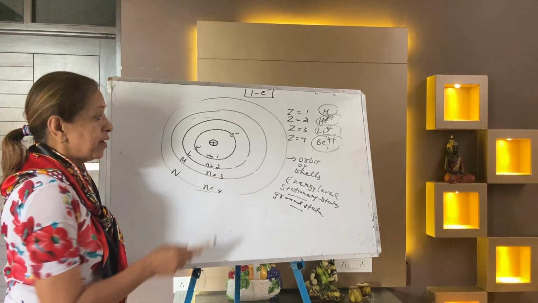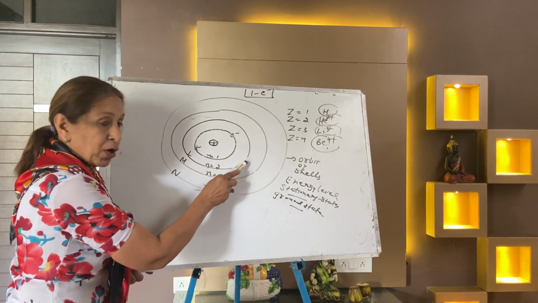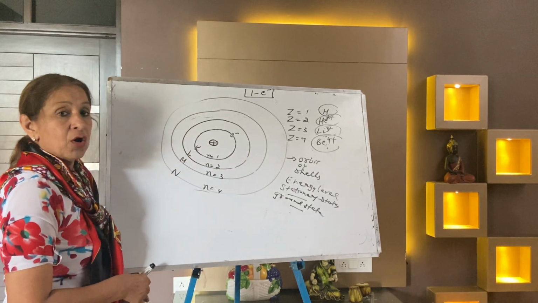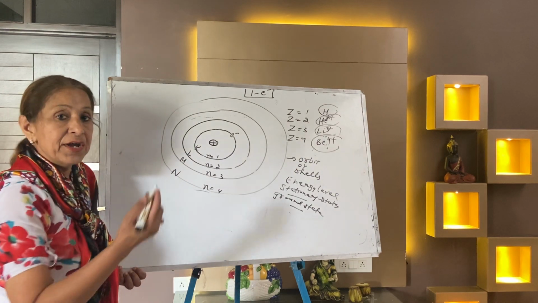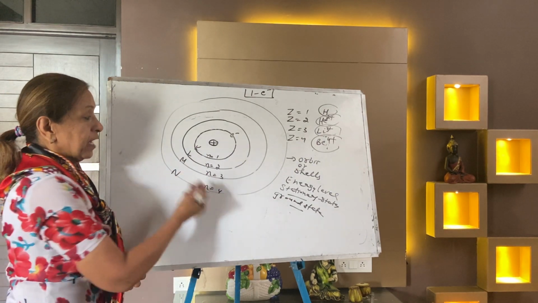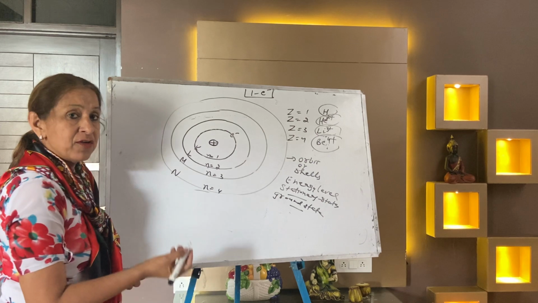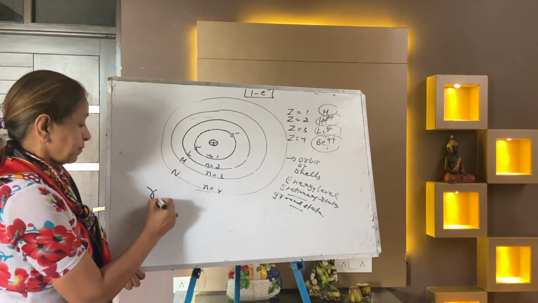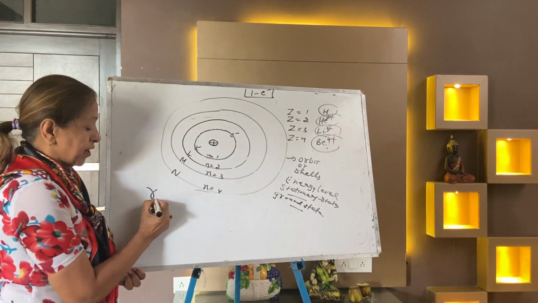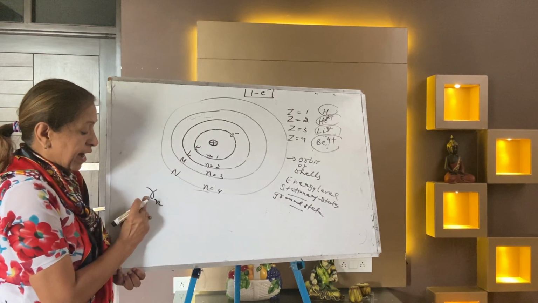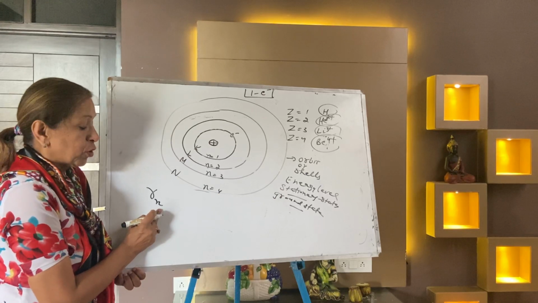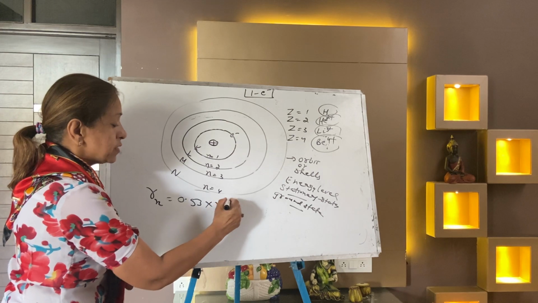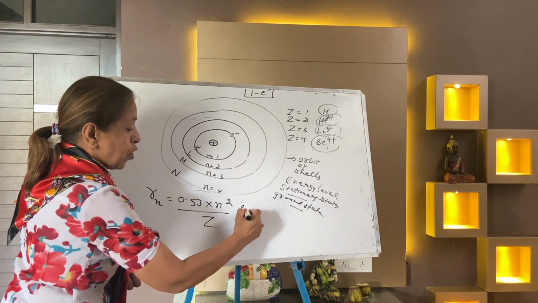And also remember, energy and angular momentum are fixed. Now you can calculate the velocity of the electron as well as the radius of the electron in any of the orbits. There are just two or three formulas. You can write down those formulas. If you want to calculate the radius r_n for any orbit, first orbit, second orbit, the radius is 0.53 into n square by Z angstrom.